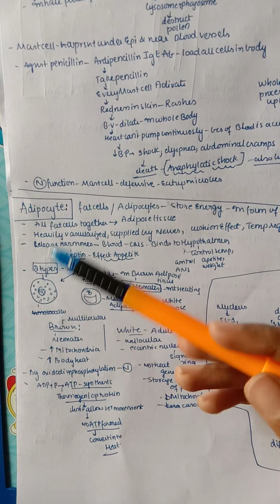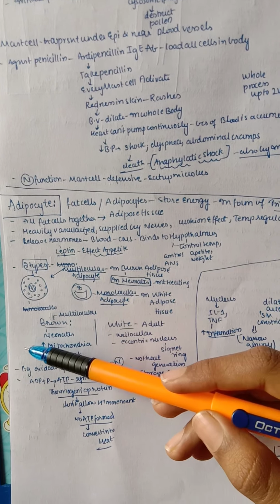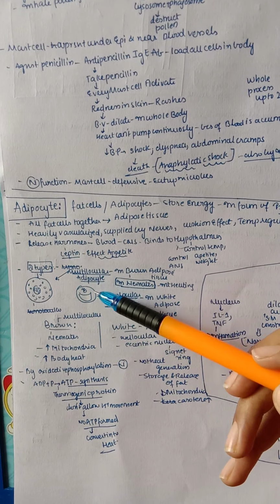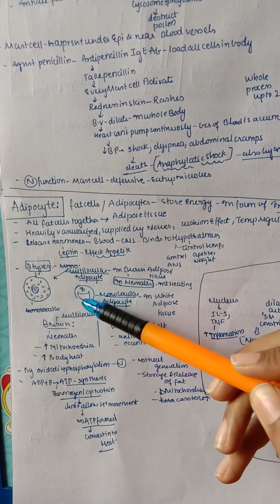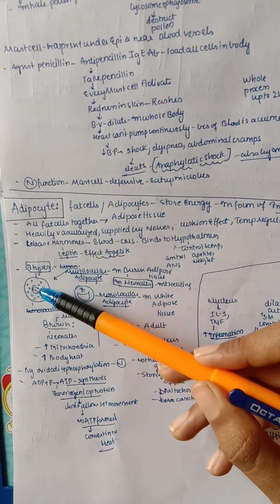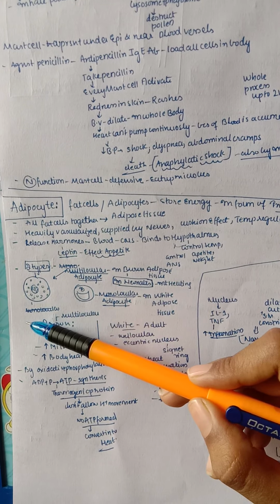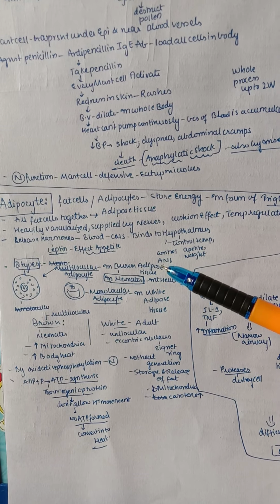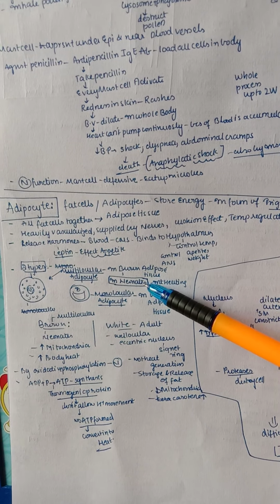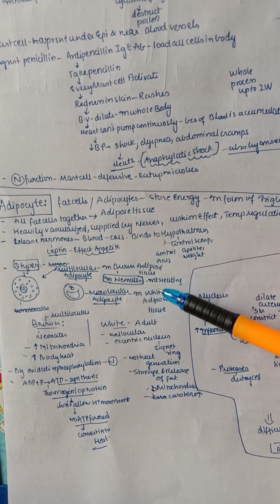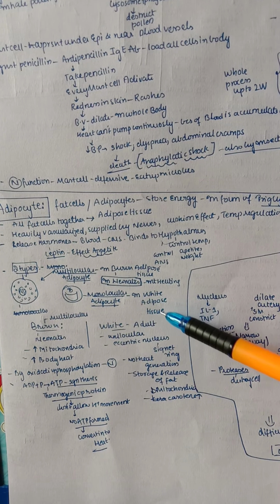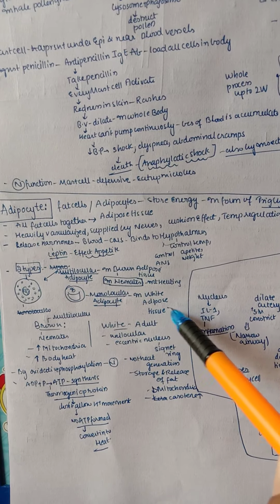So mainly adipocytes are of two types, multilocular and uni or monolocular. You can see this is a monolocular, only one globule, one locule fat cell. In multilocular, many locules are present. Multilocular is mainly seen in brown adipose tissue, which is mainly found in the neonates. It is not found in the adults, and it gives internal heating in the neonates. And monolocular adipocyte is mainly in white adipose tissue. It is found in the adults.